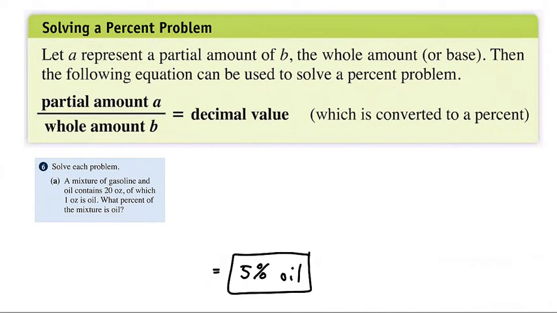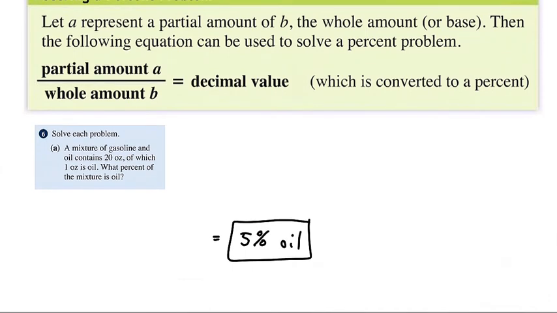Okay, let's look at solving a percent problem. So let A represent a partial amount of B, the whole amount or base. Then the following equation can be used to solve a percent problem. So we do the partial amount over the whole amount equals the decimal value, which is converted to a percent. Okay. So if we're looking at this example 6,